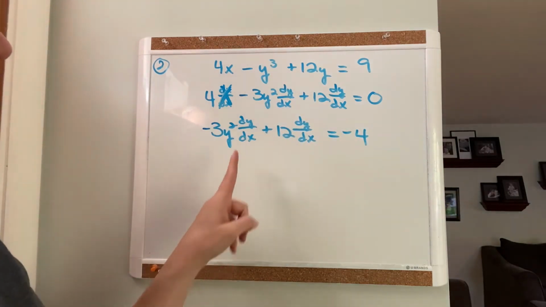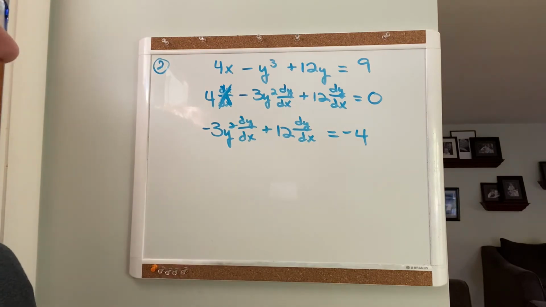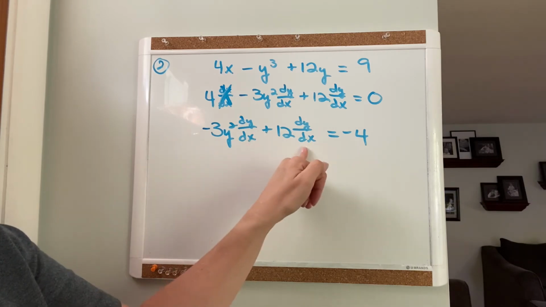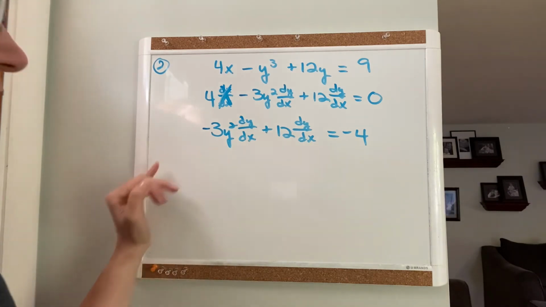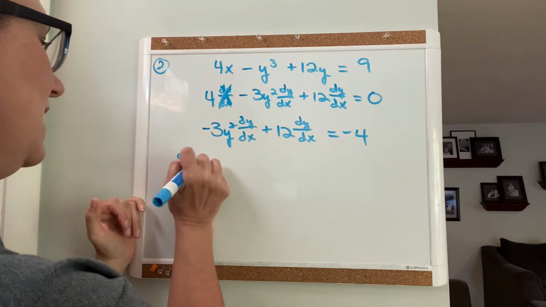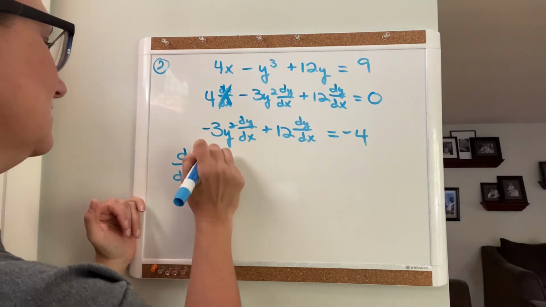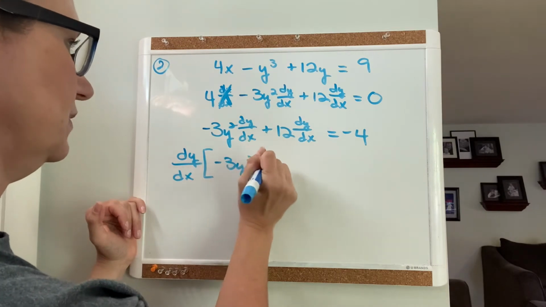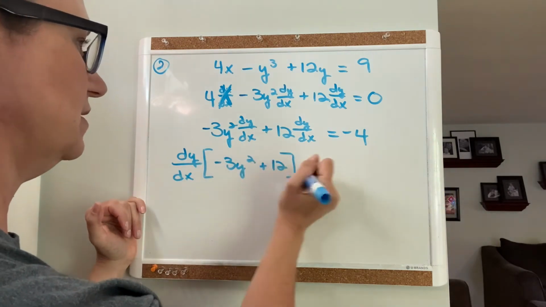So you want all the terms containing dy dx together on one side and everything else on the other, even if the other terms have x's and y's in them, get them all on the other side. The reason you want only the terms containing dy dx on one side is because you can now factor it out. So if I factor out dy dx, I am left with negative 3y squared plus 12, and that equals